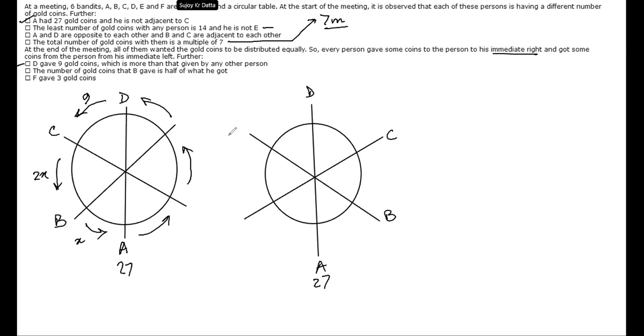After distributing, everyone must have an equal number and that number must be a multiple of 7, because you are dividing a total which is a multiple of 7 among 6 people. So 21, though I have got, okay. But let us say I don't have those options, and let's say there is one more option which is 14. Here the options have been given in such a way it helps you to answer. These clues can also help, okay.